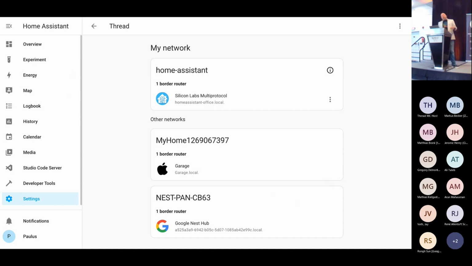We also contributed our REST API back to OpenThread, and we were talking with GL.iNet. They're working on their border router, the GS200, and they're actually adopting our patch set already to make sure that they're compatible with Home Assistant, because they want our users to be able to get a single Thread network.